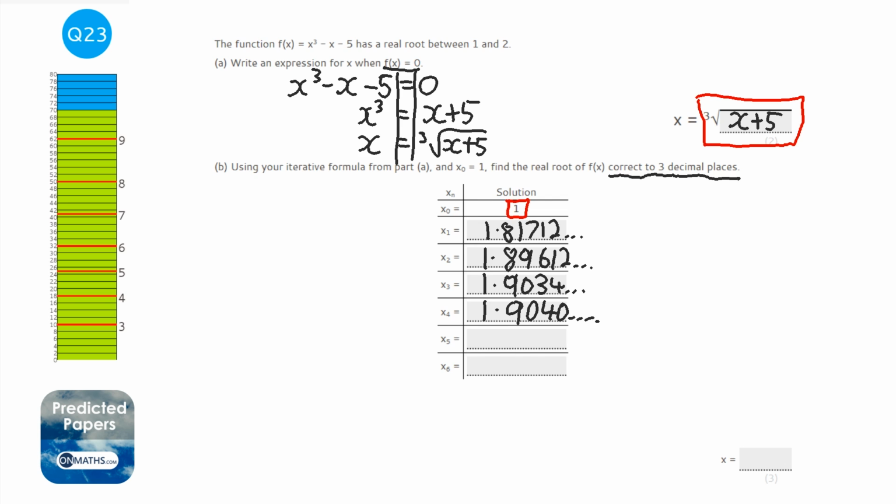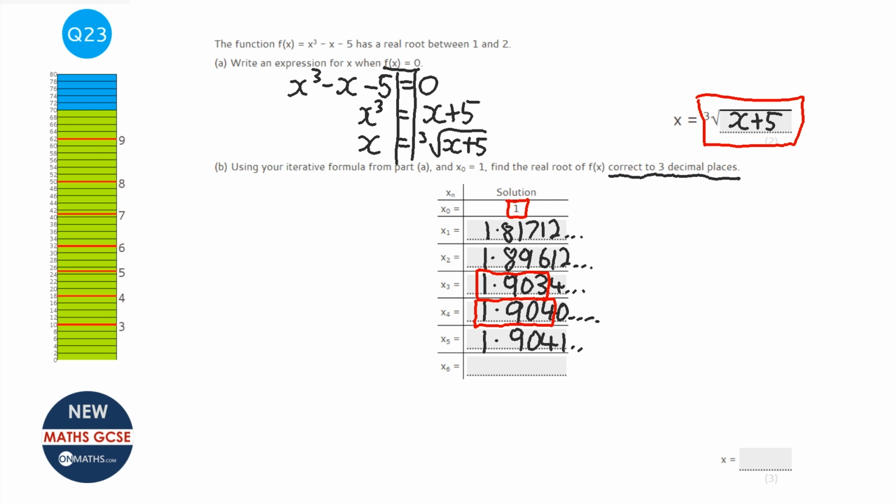Now, we're looking for 3 decimal places, so the numbers we're looking for being the same are these ones here. We've almost got them the same, but we're not quite there, so we need to do another one. So cube root, answer plus 5, and we've got